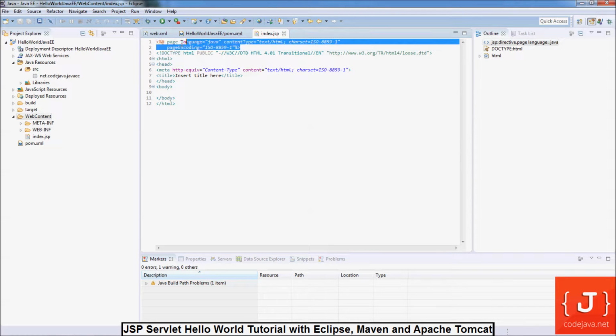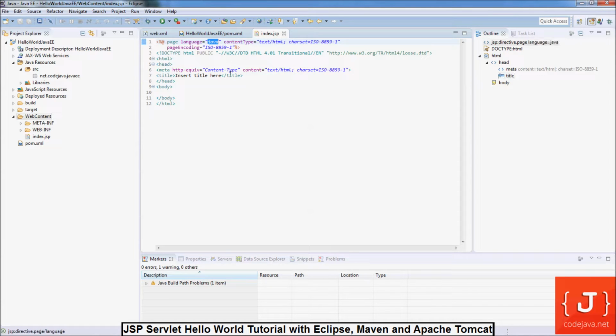And we can see there is a page directive at the top of the page that specifies that this page is Java language with content type, page encoding, and